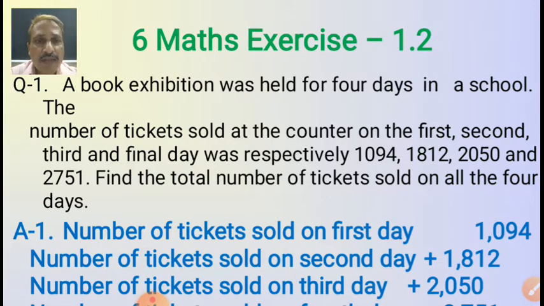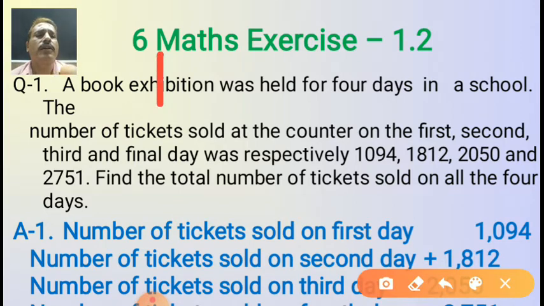So first, I will show you how to add the numbers, because so many students are making simple mistakes. In these questions, all numbers have 4 digits, so there is no chance to make mistakes. But whenever the numbers are fewer or more digits, you make mistakes. Not all. Let's check how to add these numbers.